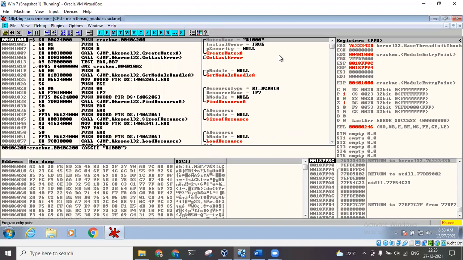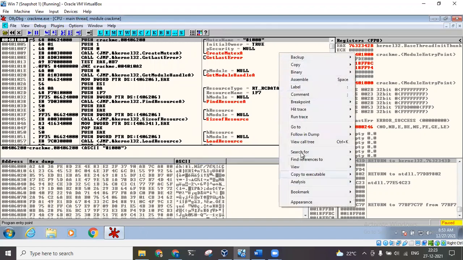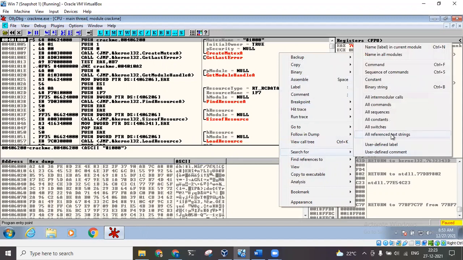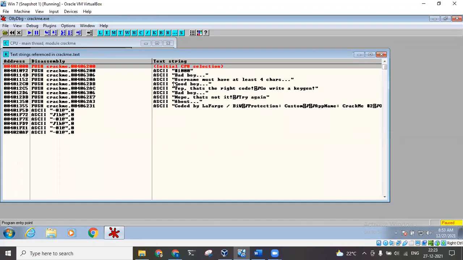So we right click and search for all referenced text strings. Here there are very limited text strings, so we can see all of them. This is the first one, "bad boy, username must have at least 4 characters," and this is the success message we can see.